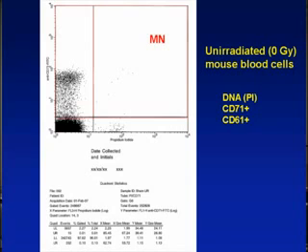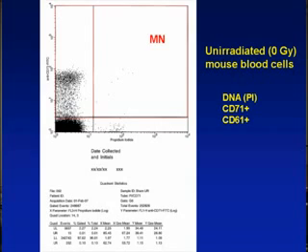Now finally, you take the real sample, you take the blood from an unirradiated mouse, and you go through the same process. You have the DNA content, CD71, CD61. What you get is a few spots here. You have the majority of the cells in this area. These are reticulocytes by definition. And you get a 15 count here, and close to 6,000 count there. Then if you do a calculation, this will be your background micronuclei count, and the number is about 0.02 or